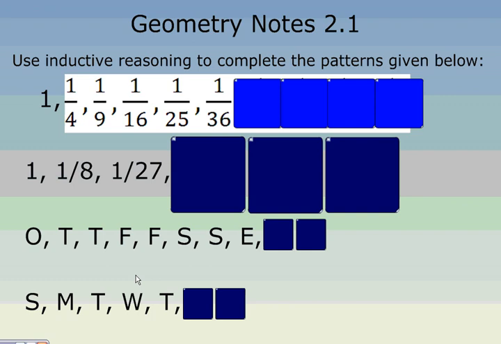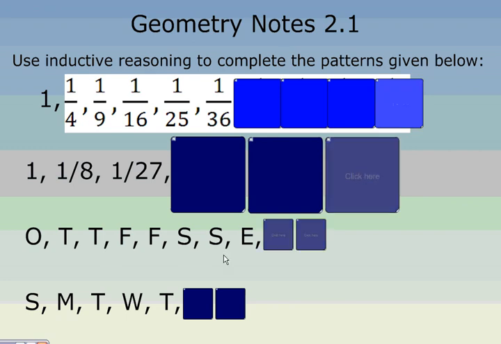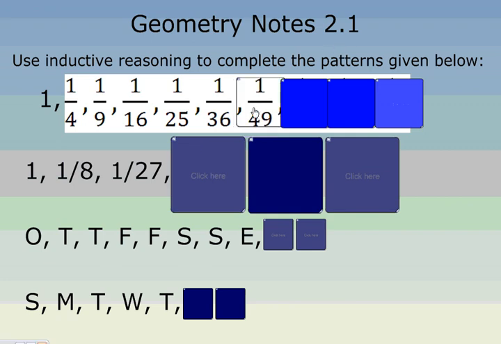Let's start off by using inductive reasoning. So we're given some patterns here, and we need to use inductive reasoning to complete the pattern that we're given. So let's look at this first pattern. Okay, I start off with 1, and then 1/4, 1/9, 1/16, 1/25, 1/36. What do you think comes next? All right, if you said 1/49, you're right,